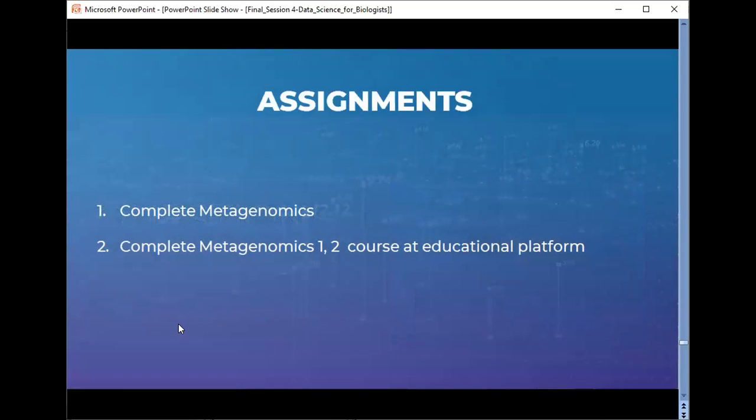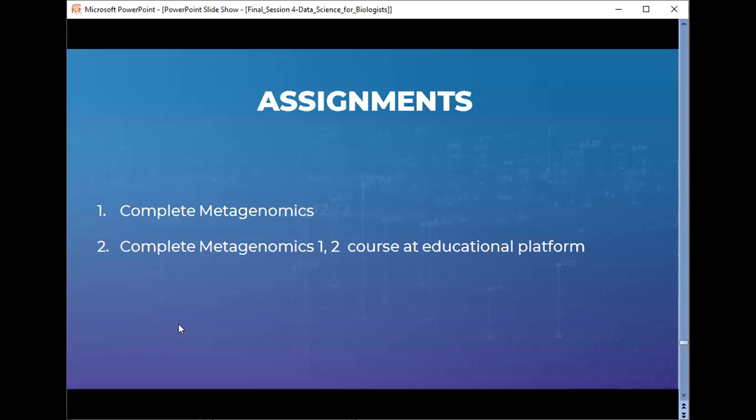So the assignment for you before the next session is to complete the metagenomics courses. Introduction to metagenomics will explain the basic concepts of metagenomics. Metagenomics 1 covers how we already ran the first pipeline, how we can reduce the microbiome composition within a sample, and then how we can perform various kinds of analysis using amplicon analysis.